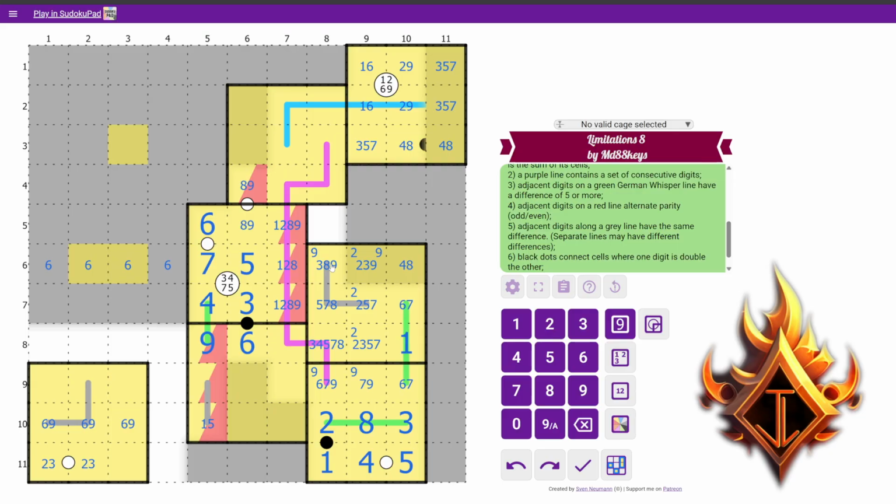So 3. 9, 8, 7. If 9 goes over here though, 9 has to go there. If 9 goes there,